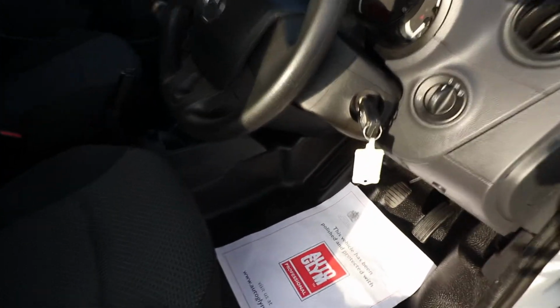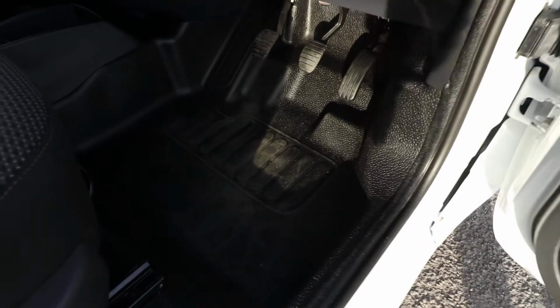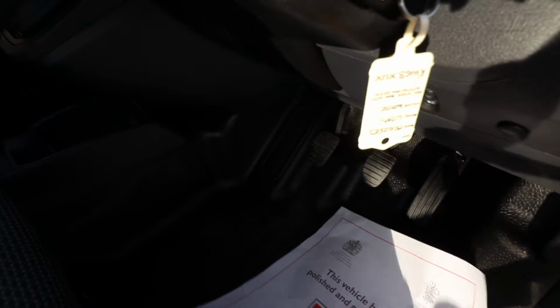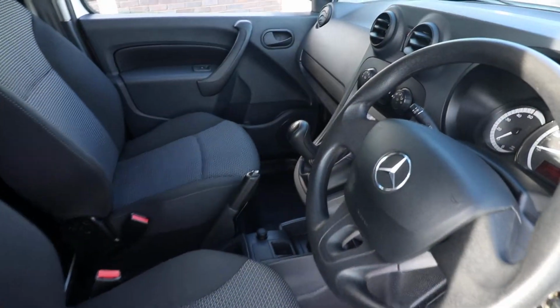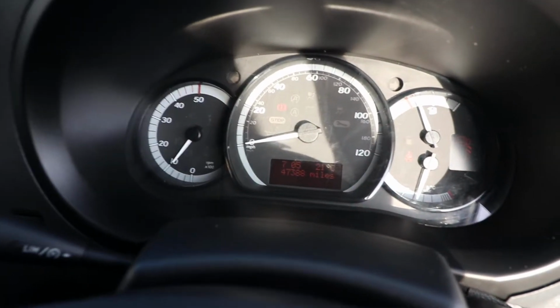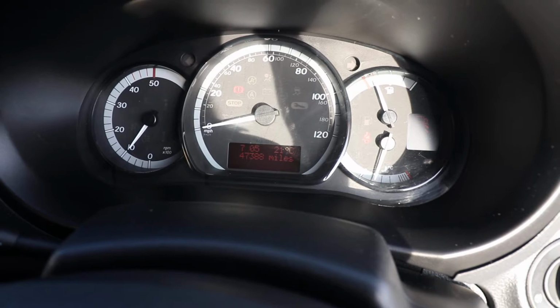If I remove the mat here, we can have a look at the condition of the floor. So the floor is all looking spot on. There's no excessive wear or anything down there. And then if we jump in, we can start to have a look at some of the spec inside here as well. So the vehicle is running at the moment, and that's where you can see the mileage at the bottom of the speedometer there,